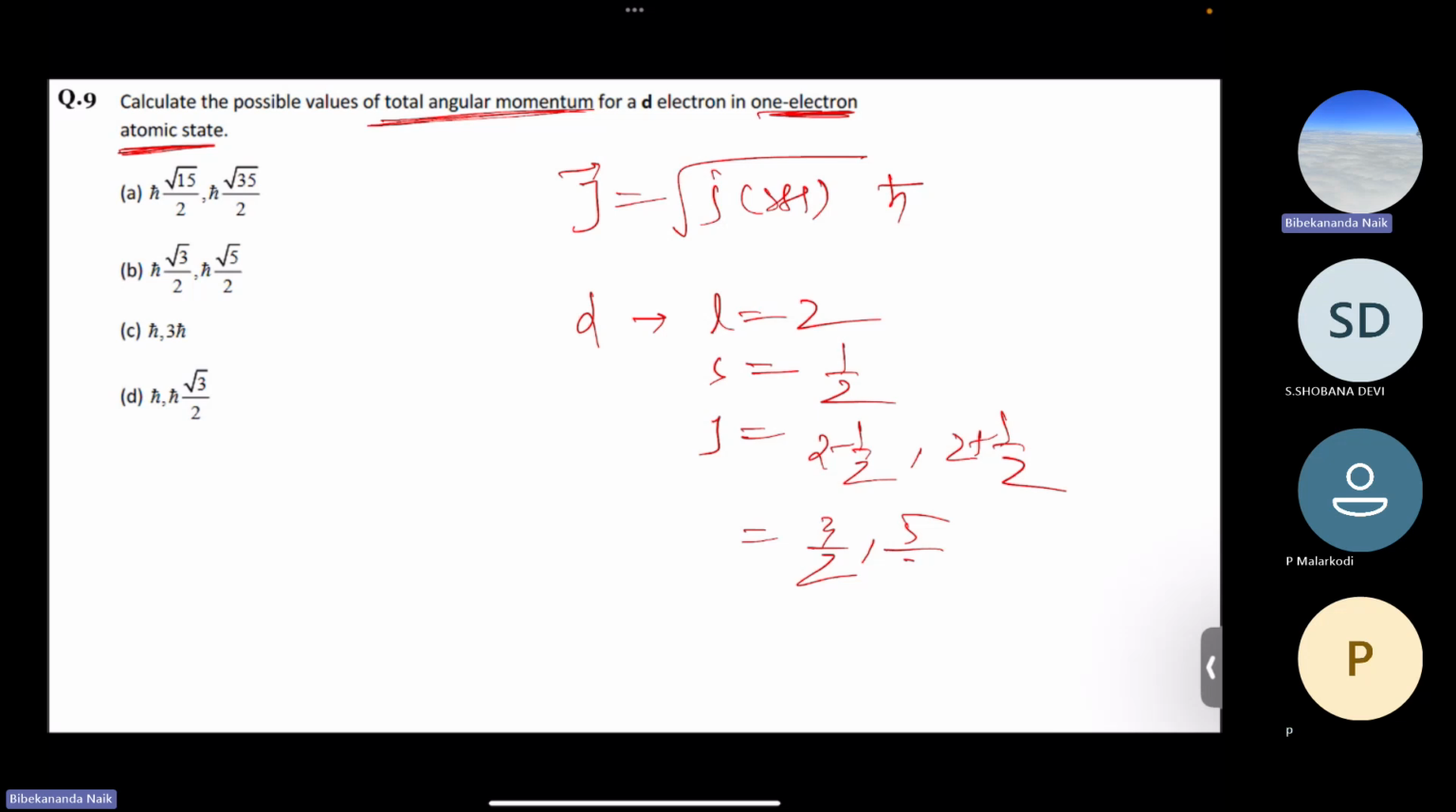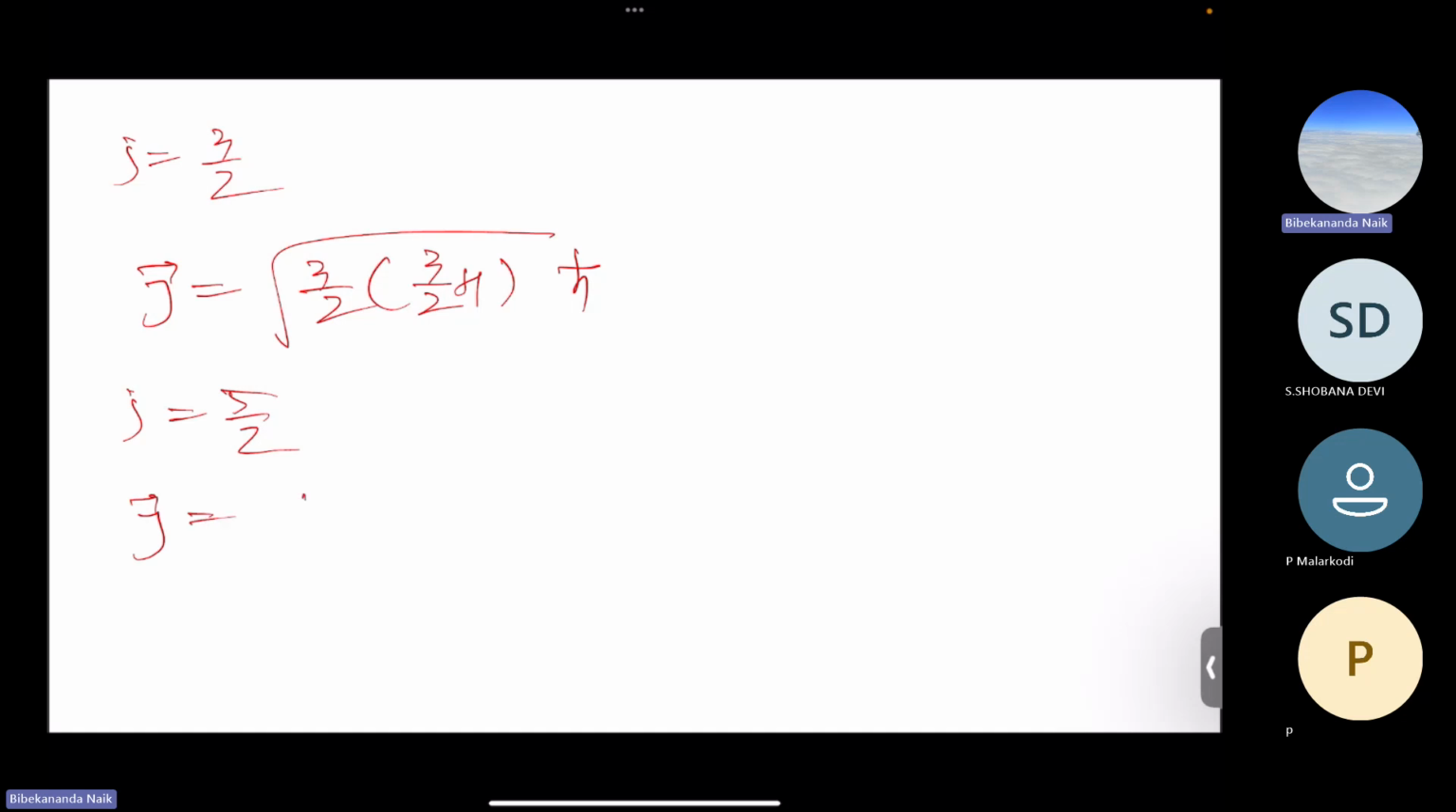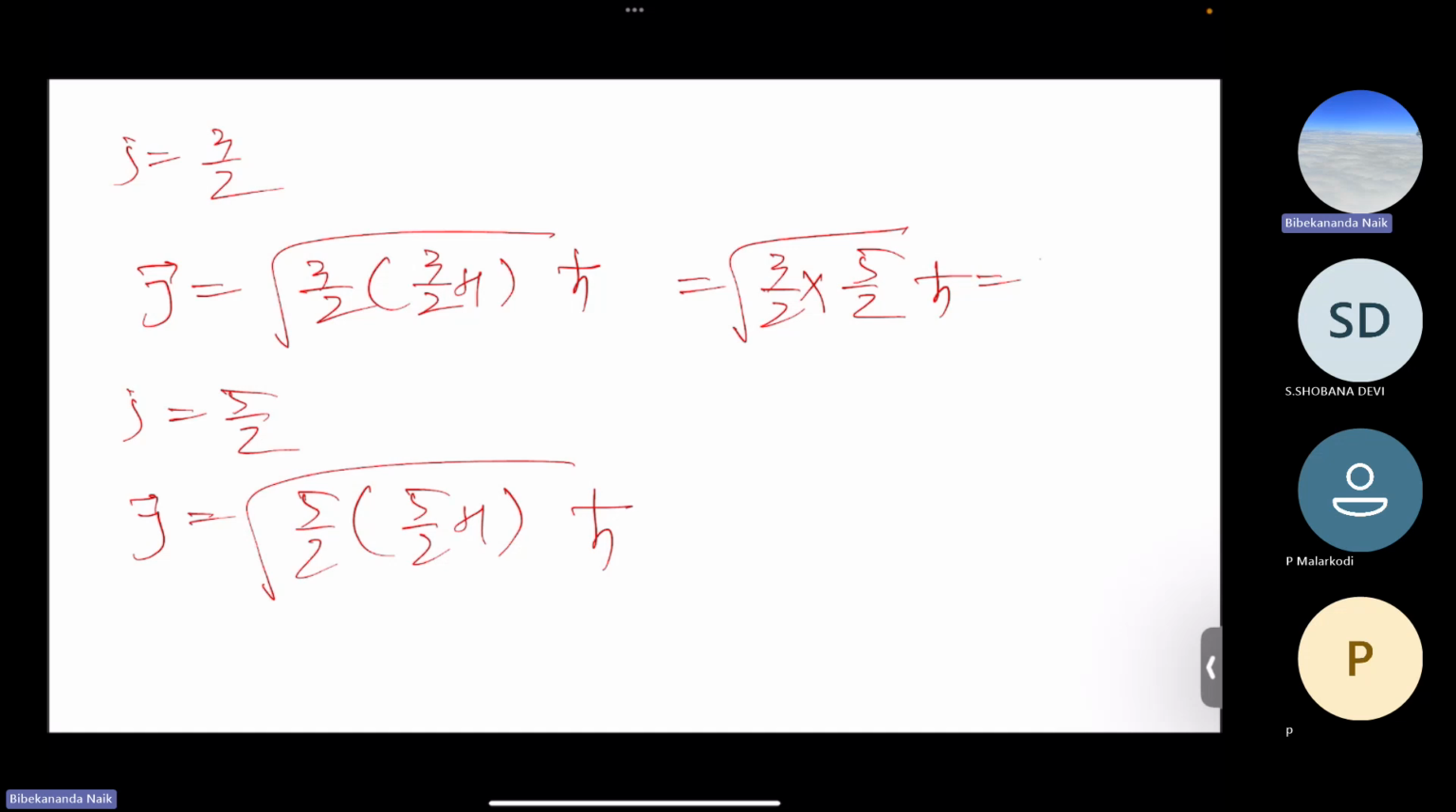Since j has two values, the j vector will also have two values. For j equal to 3 by 2, the j vector is root over 3 by 2 into 3 by 2 plus 1 h cross. And for j equal to 5 by 2, it is root over 5 by 2 into 5 by 2 plus 1 h cross. So it is root of 3 by 2 into 5 by 2, that is root 15 by 4 h cross, and this is root of 5 by 2 into 7 by 2, that is root 35